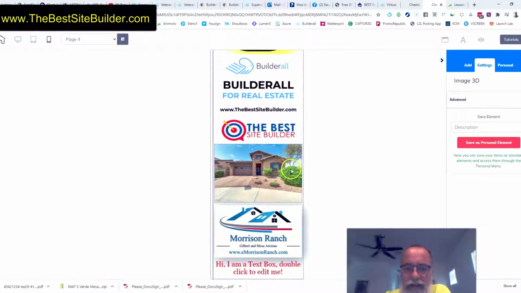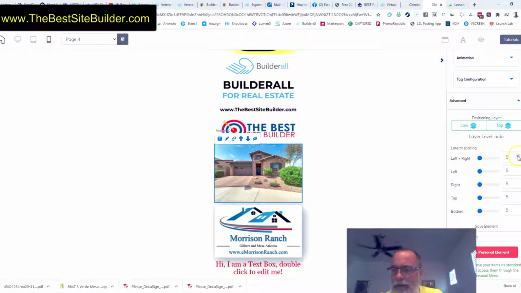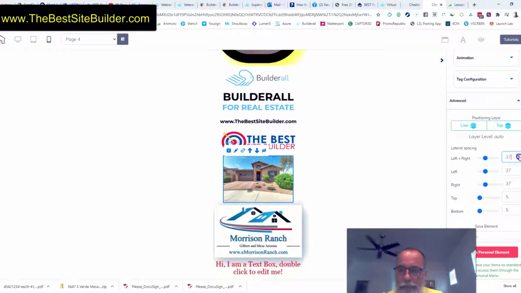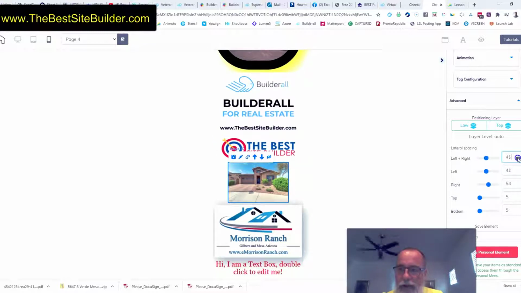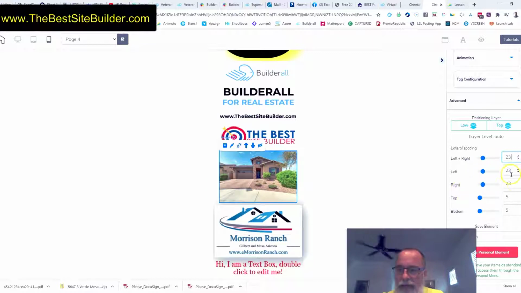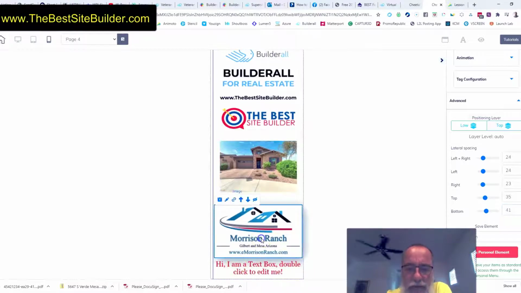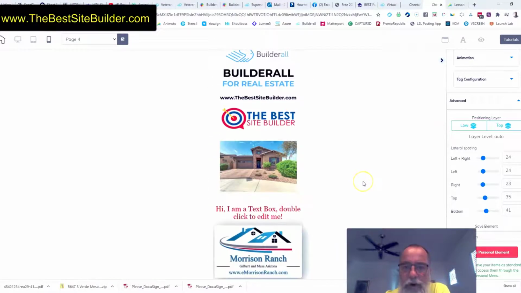The other thing is you can put borders around things. So like this picture right here, I can click on it. And under advanced, I can make them larger and smaller. Lateral spacing, if I go left and right at the same time, I can shrink it. I can go all the way to pretty much 100%, right? I could move it left or right just by changing those. I could also add space above it and below it. So that's a way to really fine tune how good your content looks on mobile,